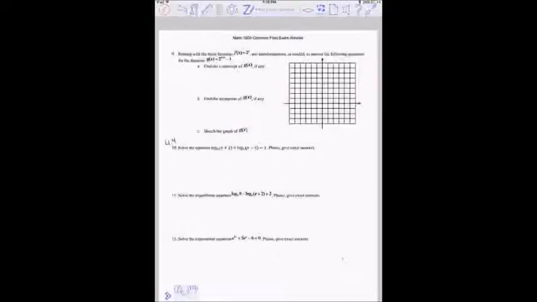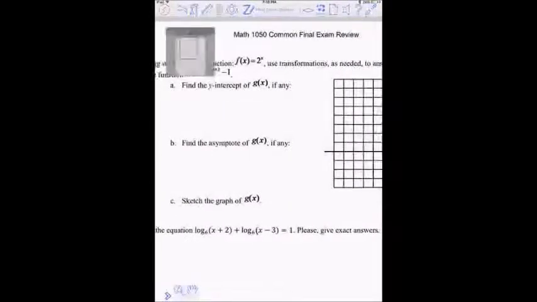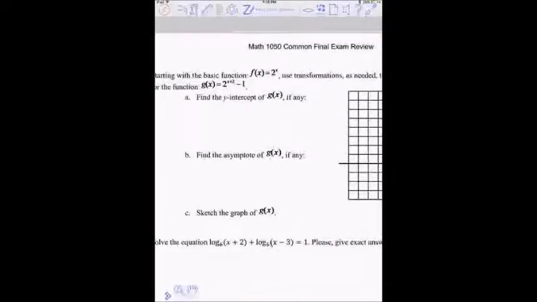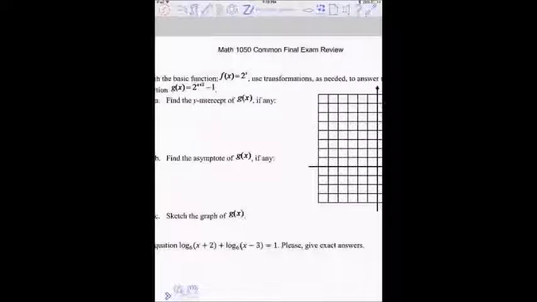Okay, question 9 is still from chapter 4. Now we're graphing an exponential function. This f of x is 2 to the power of x. That's an exponential growth function. It has no transformations. So its graph,